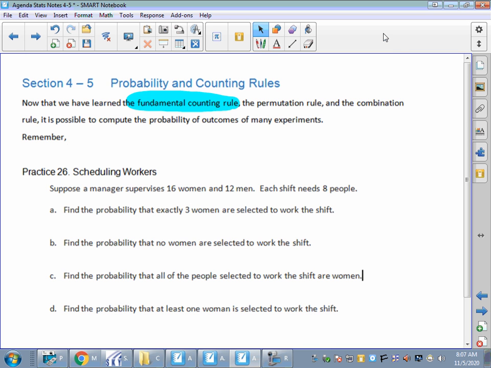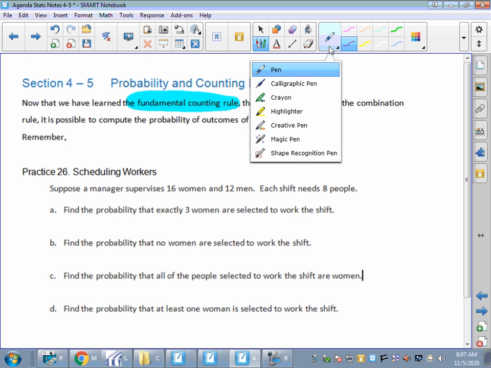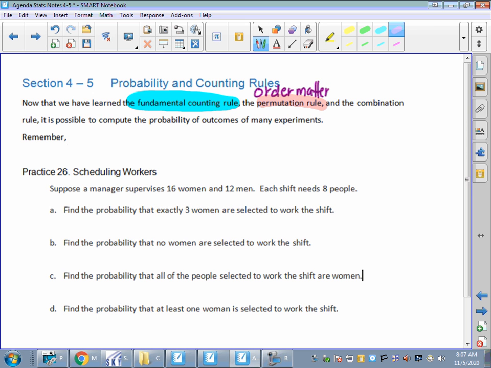And the permutation rule, remember, permutation rule, order matters. That's when we do the permutations on the calculator. And the combination rule is when order does not matter. Just a little helpful hint: most of our problems, I'd say maybe 99.7% of our problems in Section 4.5, are going to be combinations, not